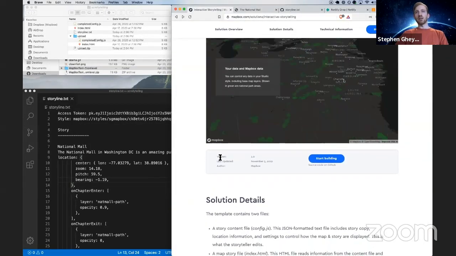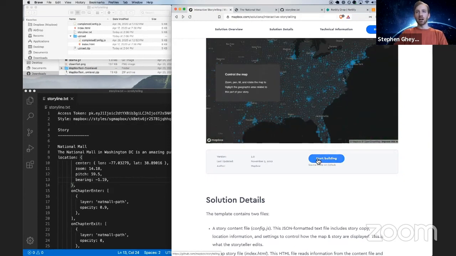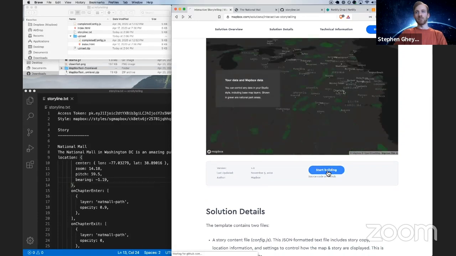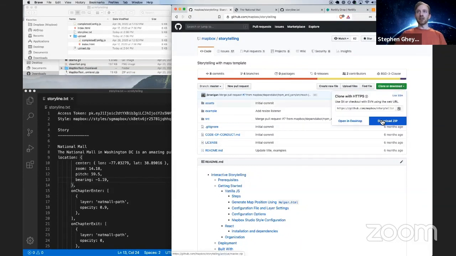So to get started, I'm back at that interactive storytelling solution page. I'm just going to hit start building. This is about halfway down the page. And you'll see this takes us over to a GitHub repository. Basically, this is just a bunch of folders of code and other documents. So I'm going to actually download